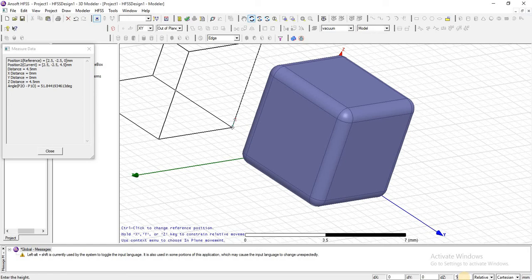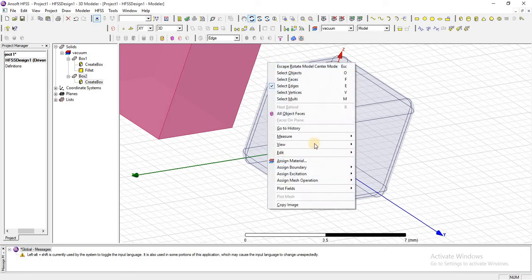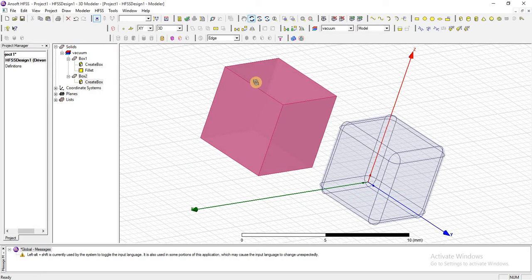Press enter. And in View, set All in Active View. Here you can see that.